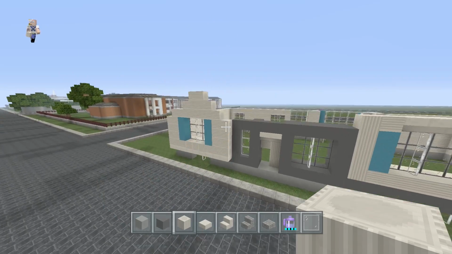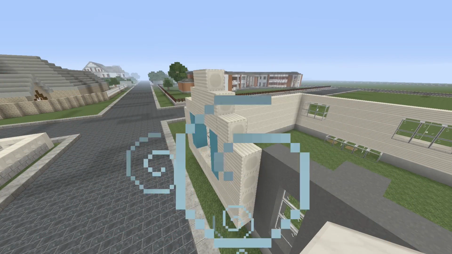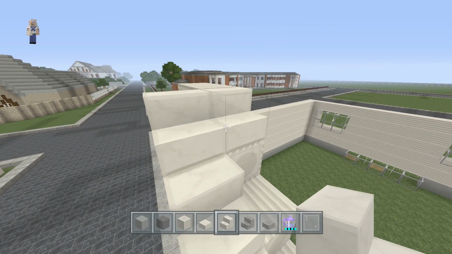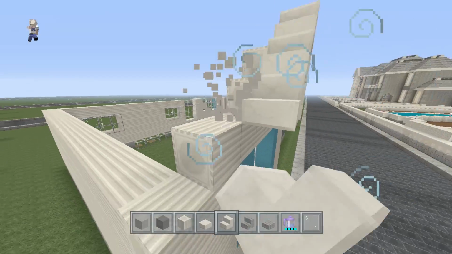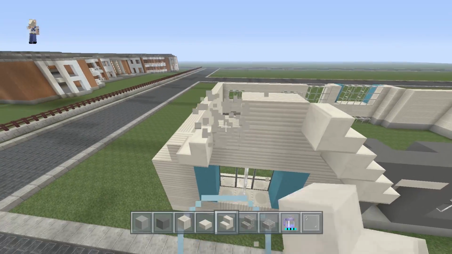Okay, so we're looking pretty good. What we're going to do is the outline will be using quartz, and then the actual roof itself will be using the stone stairs. So the outline, like I said, is quartz, which we messed up here. Yeah, this should come to a...